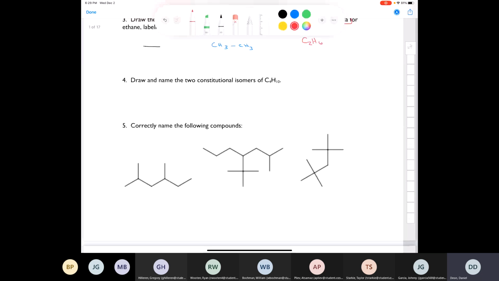Okay, question number 4. It says, draw and name the 2 constitutional isomers of C4H10. Well, I'm not a big fan of these questions, especially when they get into